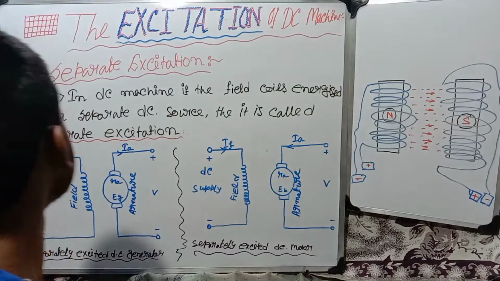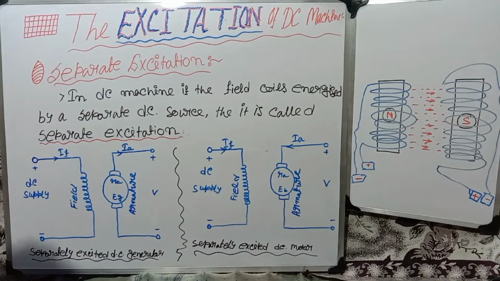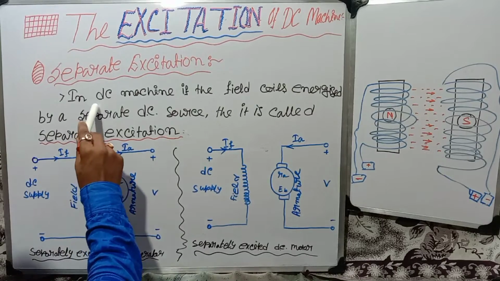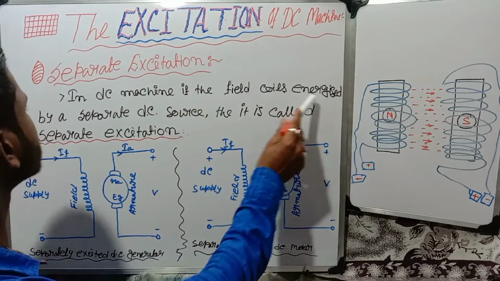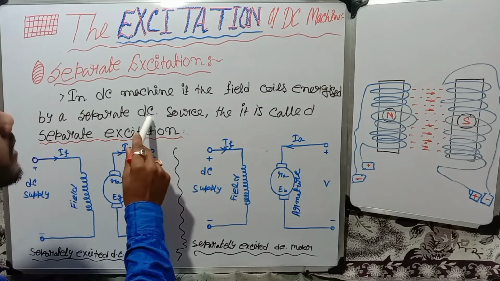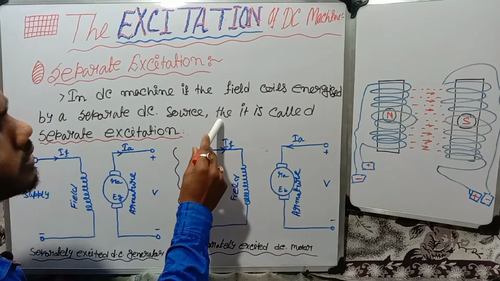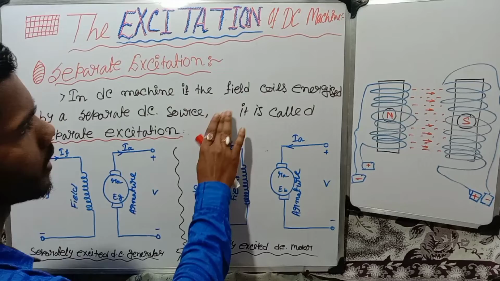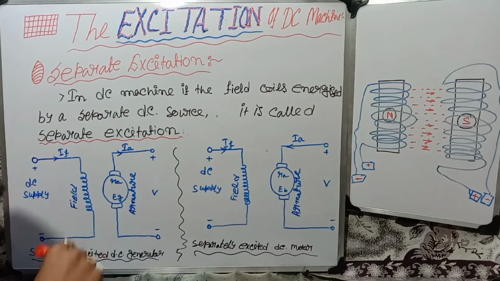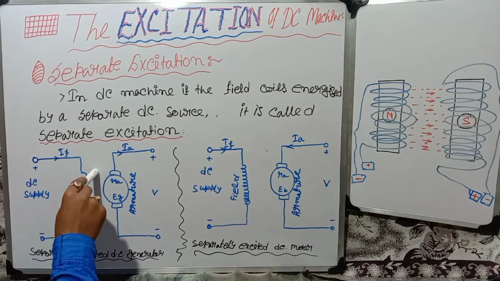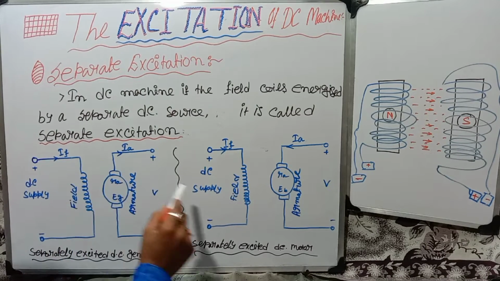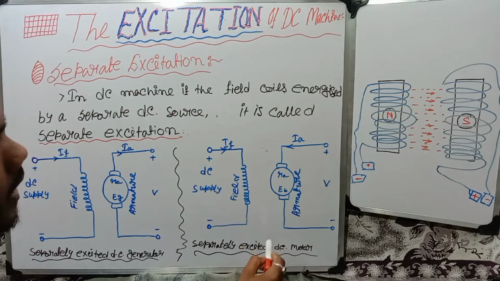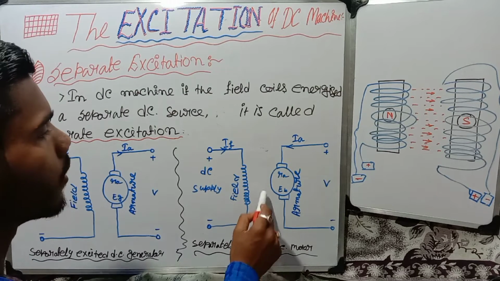So in DC machine, if the field coil is energized by a separate DC source, it's called separate excitation. We can see this is a separately excited DC generator and this is a separately excited DC motor